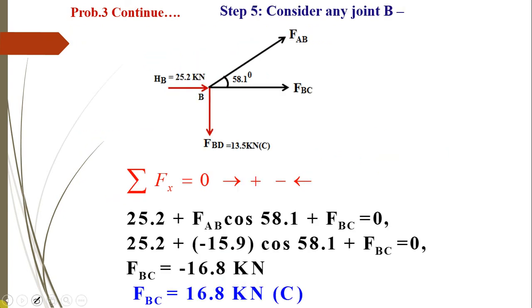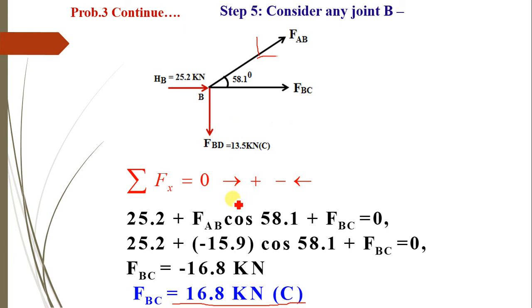Then considering the equilibrium of joint B, at B the reactions are HB, then VB is 0. Then next the members FBD, FBC and FAB. So again resolving FAB into horizontal and vertical components, and then applying the conditions of equilibrium, summation of Fx as 0, HB 25.2 plus FAB cos of 58.1 plus FBC equals 0. Substituting the value of FAB in this one, we get FBC as 16.8 kilonewton negative, that is nothing but